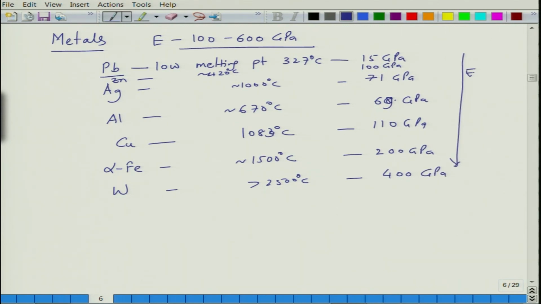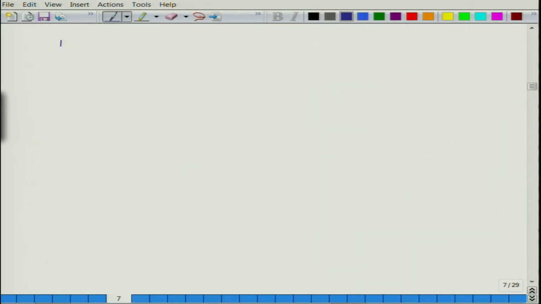So, by and large within these metals, as Eb increases, the modulus also increases. So, there is a close correlation between the bond energy of metals and the modulus. And if you compare the values with ionic solids, for instance,